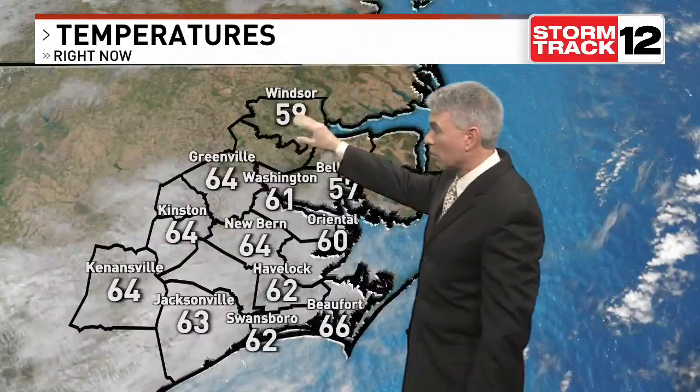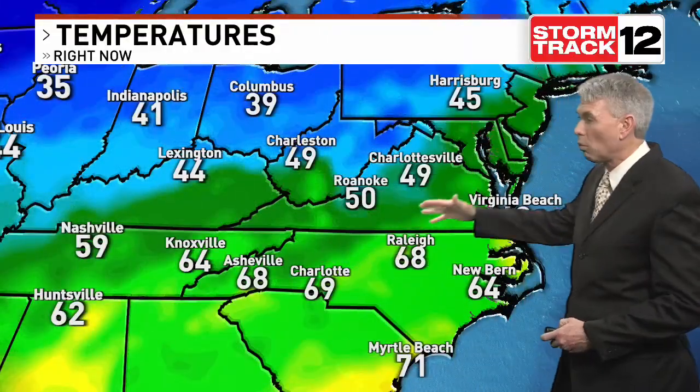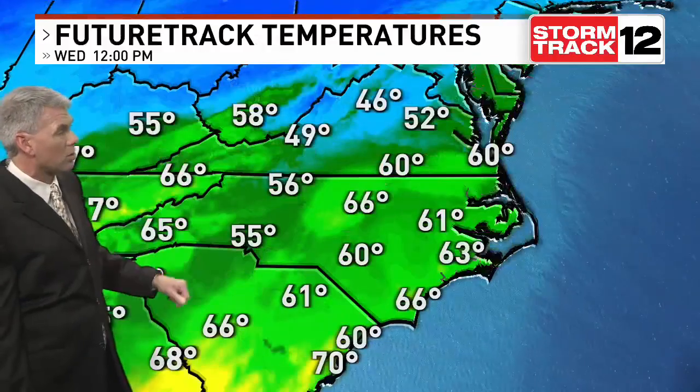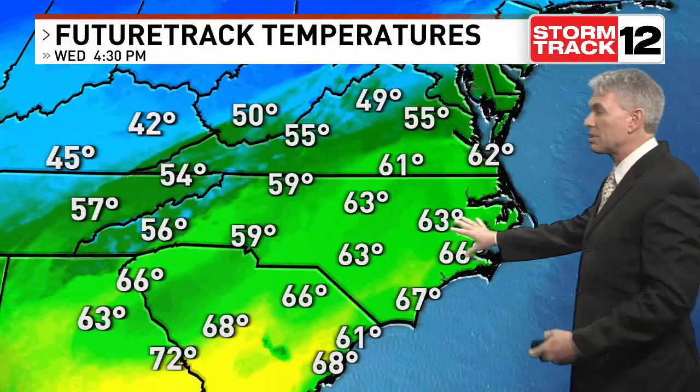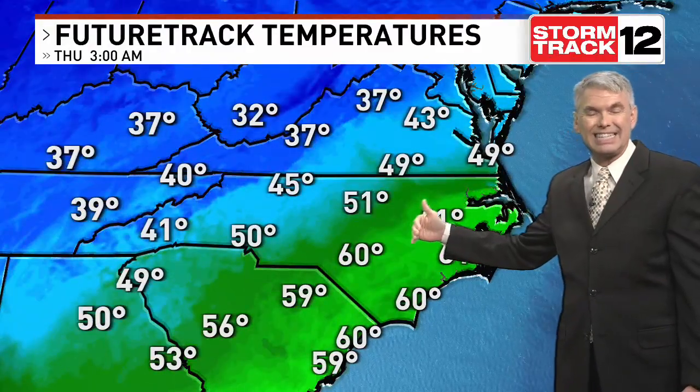Where it is in Windsor, we're at 59, looking at 57 in Belhaven, and underneath that cloud cover holding into the 60s. There is a warm front that's lifted back across the Virginia-North Carolina border, and that has allowed some of that warmer, more humid air to get back into the forecast for us here. But there is a cold front off to the north and the west, and that's going to be advancing towards us here. 60s to near 70s we go on through the day today, holding those temperatures into the 60s until